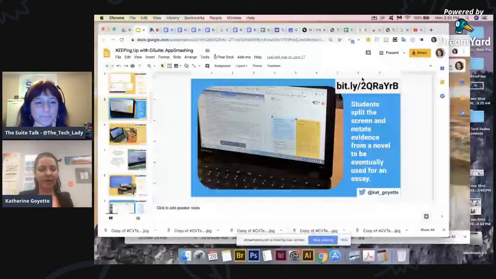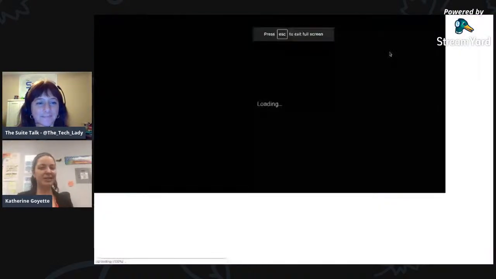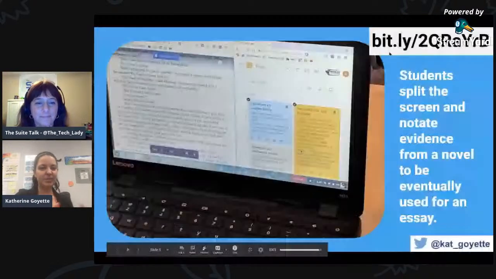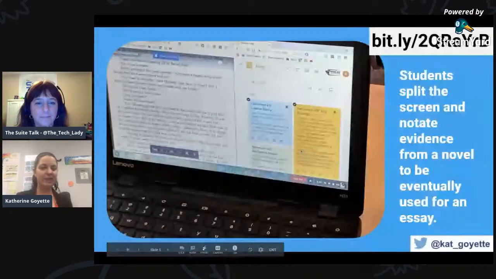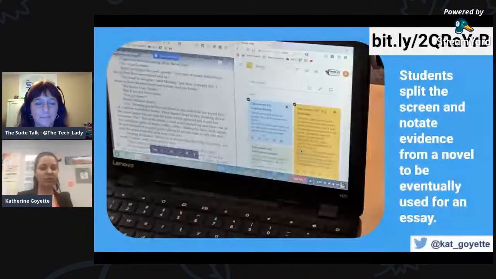So for example, what you'll see is they split the screen, they're reading a text on the left, and then on the right, they're actually taking notes. That's one way that this particular middle school teacher was using it. They were going to do a character analysis, and they were taking notes of their textual evidence beforehand.